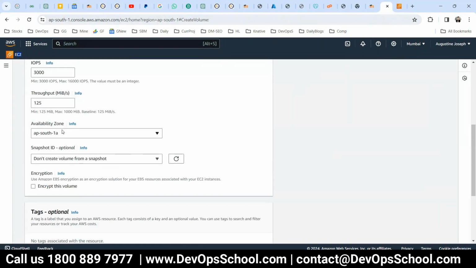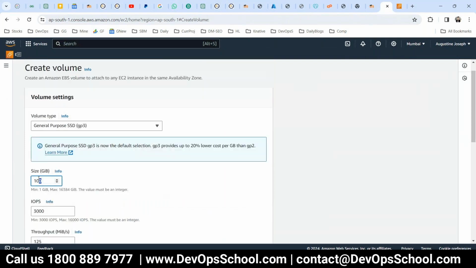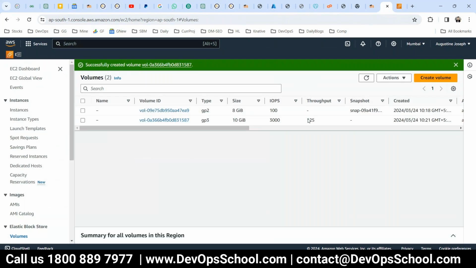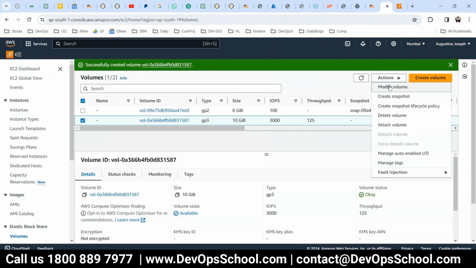Here it is. And then how many GB? 100 GB, so let me make it 10 GB, and then create. Then I have created a volume of 10 GB. Now this volume I want to attach to my VM, my instance. So what to do? Attach volume,